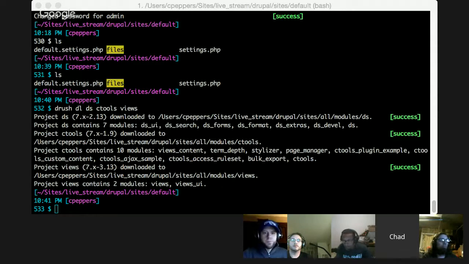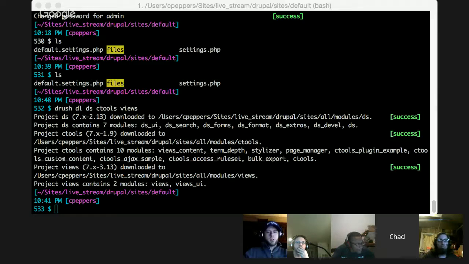Yep, exactly. So view modes. We're back in our structure, content types, and view modes is how we want to display our content. By default, Drupal has the default one, which just displays the information here. And then it comes with a teaser one. You can actually make as many view modes as you want. We won't go into detail on how to do that. But what I'm going to do is create the teaser here.